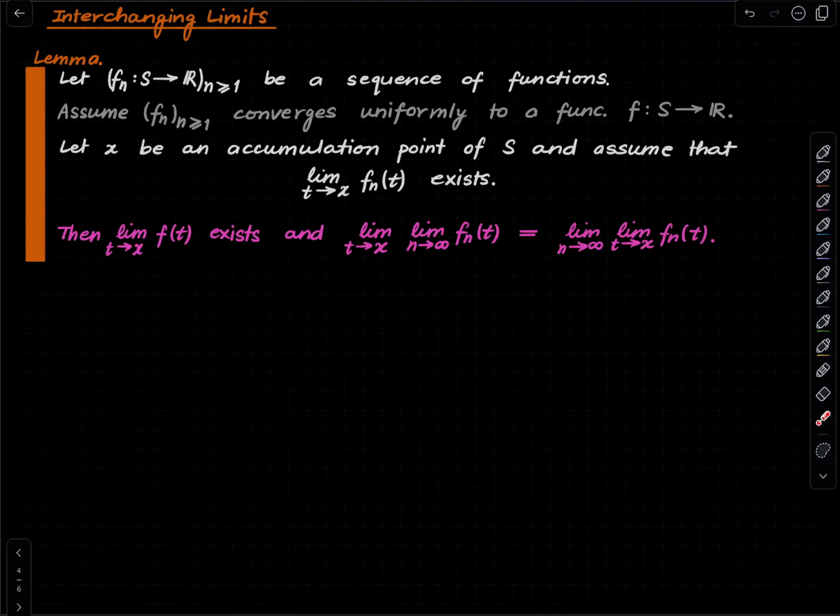So this is the key lemma. This is the lemma about interchanging limits. So if you recall the obstruction which forbade us